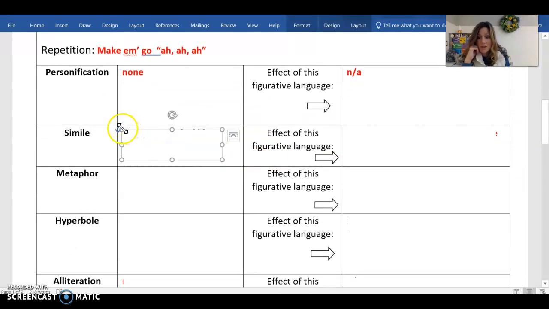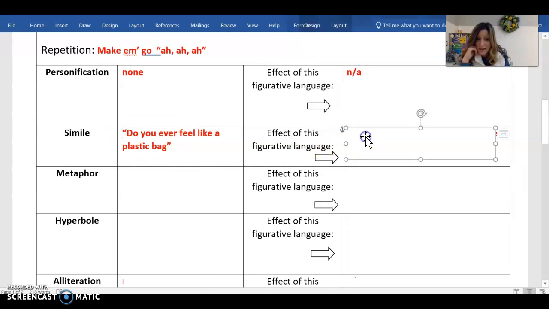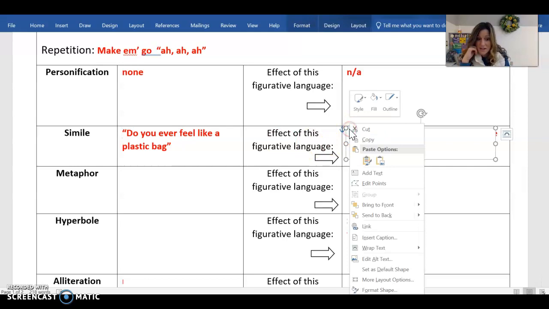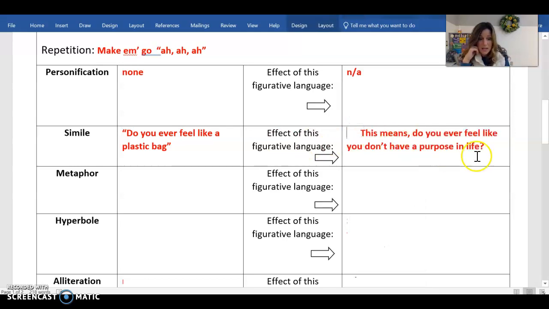Simile, well, guess what? There are similes here. "Do you ever feel like a plastic bag?" Okay, so here we go. The effect of this language, or the meaning, is do you ever feel like you don't have a purpose in